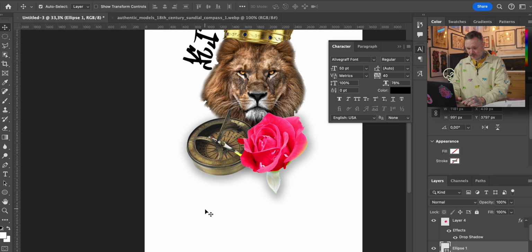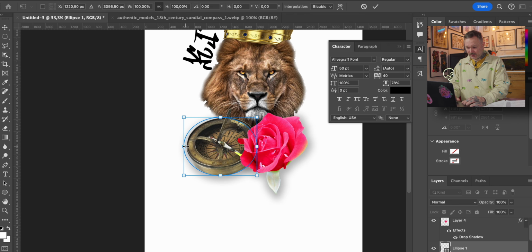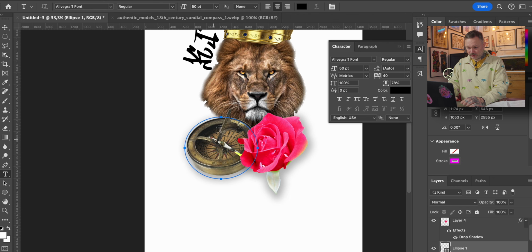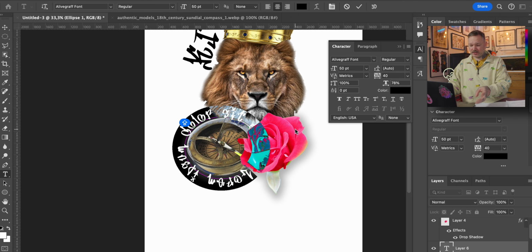Where did it go? So we can adjust it here, or we can just draw it as we want to. Once we use a type tool, it's going to follow this line. So we need a bit of space around the compass. Maybe let's stretch it out a bit. I want to see some line, because then it's easier to place where it is. And we take a type tool and we press on this, and we can write kids'